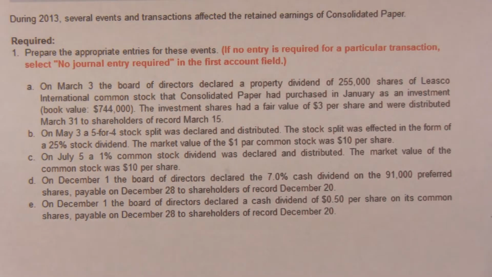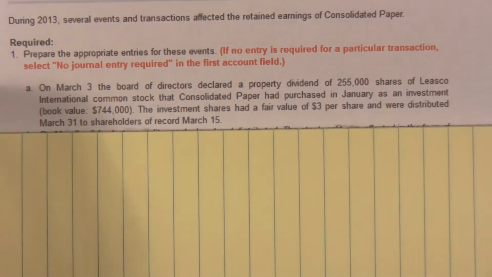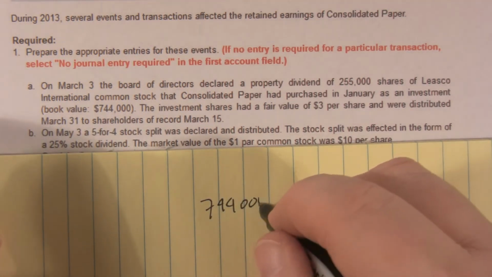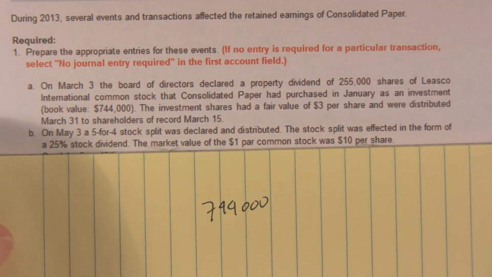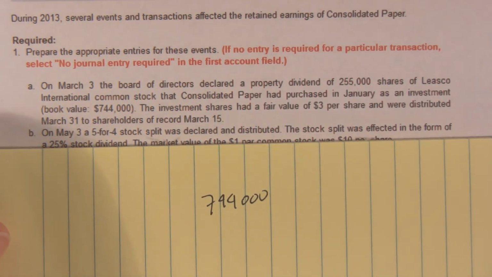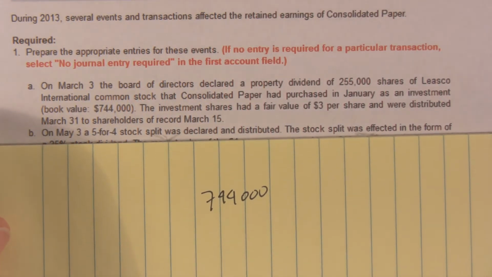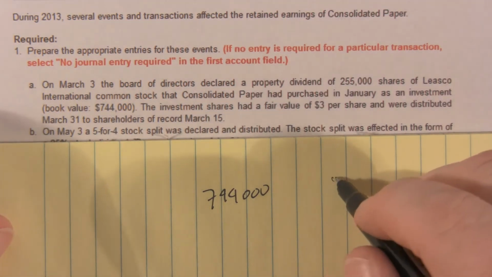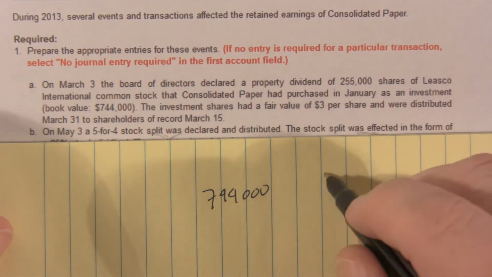I'm not sure what that means, but I'm going to jot it down because I have a feeling we're going to need to think about that. And the investment shares had a fair value of $3 per share. So the current value is $3 per share,